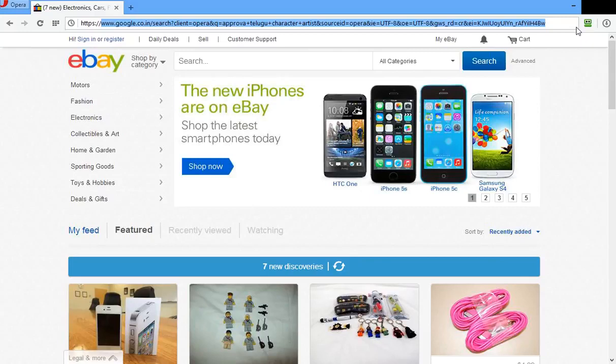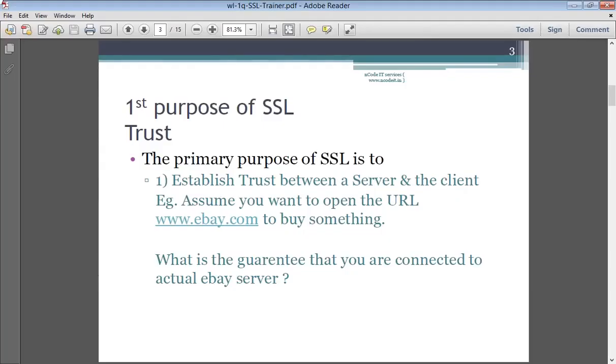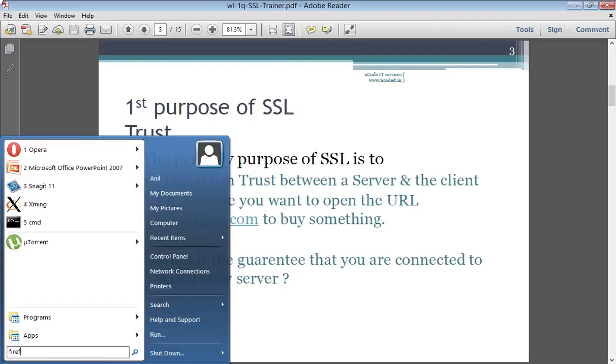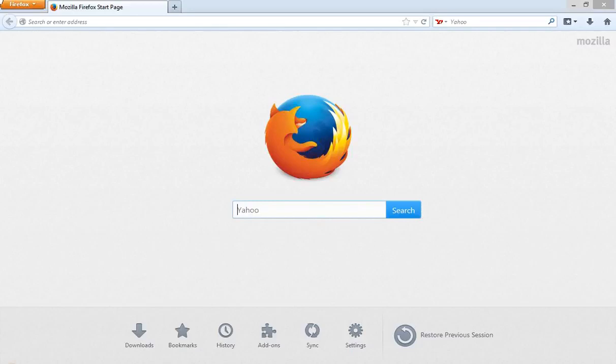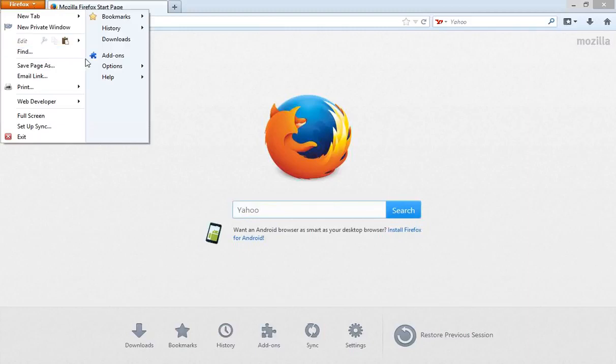How will the browser trust it? A browser has a list of authorities. If you see a browser, let me open Firefox. Every browser nowadays comes with a list of certifying authorities that it trusts. It means if a digital certificate is produced by a server signed by one of the guys in this list,